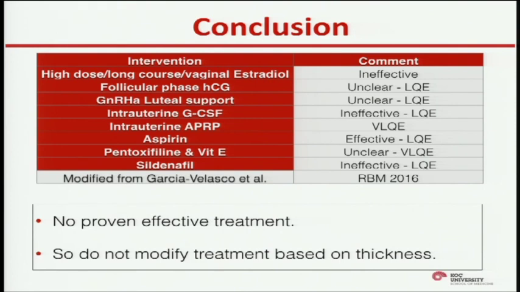None of these are absolutely proven ineffective. But we need to be open to the patient, explain the options, the relevance, etc., and take into account her choices as well. And as most of these things, with the exception of, I would say, this is expensive, this I don't feel comfortable. But these other things are inexpensive. If she feels more comfortable using it, if she asks for it, I agree, but I do not